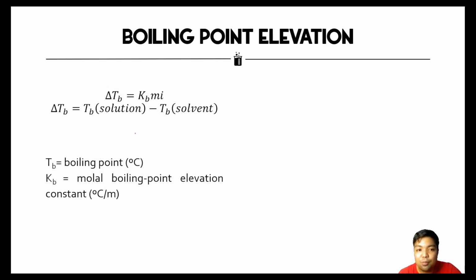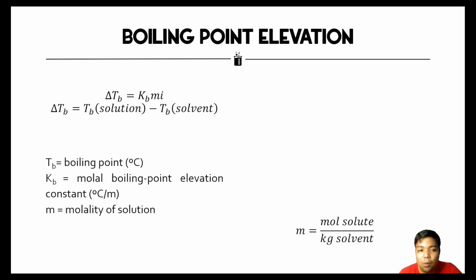actually an intensive property. So it's unique for every liquid, just like your boiling point. And m is the molality of the solution. So to refresh your memory, molality is a unit of concentration, which is equal to the moles of solute per kilograms of solvent. And i is the van 't Hoff factor, which I will explain later on in this video. So I will show you here,